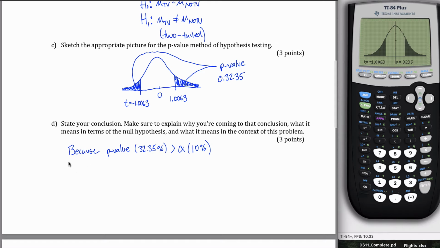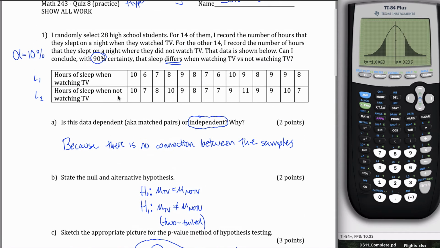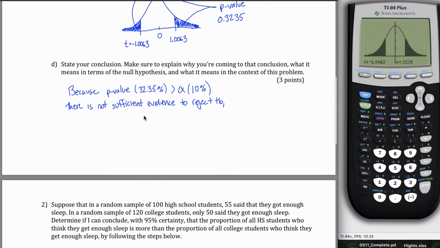Because my p-value is greater than alpha, what's that mean for the null hypothesis? It means you can't reject the null hypothesis. There is not sufficient evidence to is a phrase that's commonly used. To reject my null hypothesis. So what's that mean in this context? Well, if you reject your null, you're saying the claim is true. So if you can't reject the null, you can't say the claim is true. Not saying the claim is false, just can't say it's true. What was the claim? That sleep differs when watching TV? So I can't say that's true. There's not sufficient evidence to reject the null hypothesis, so I cannot conclude